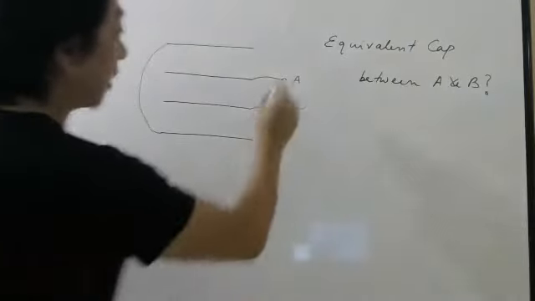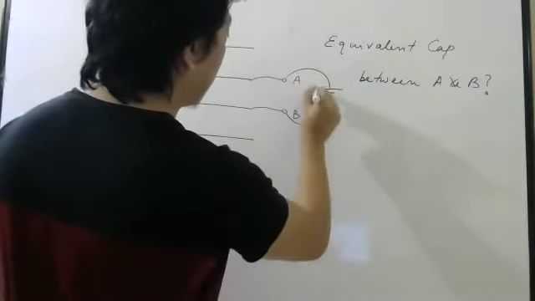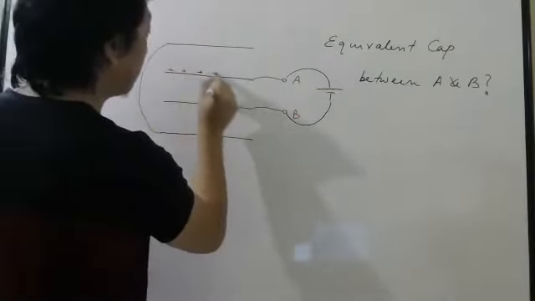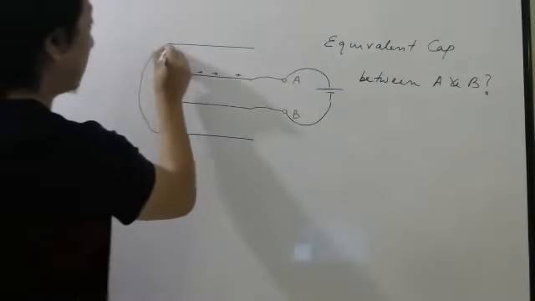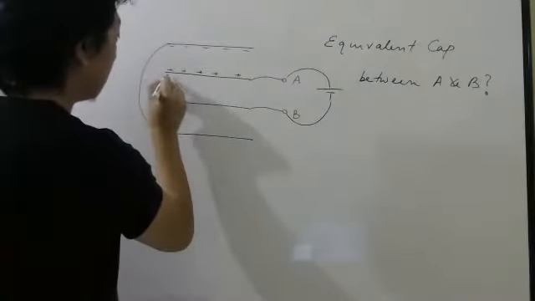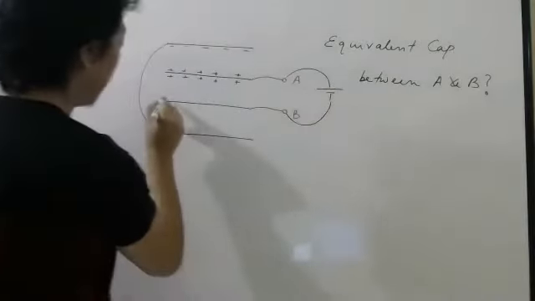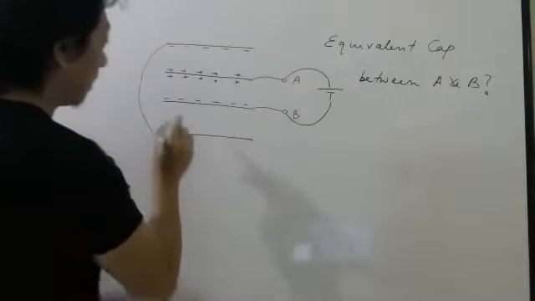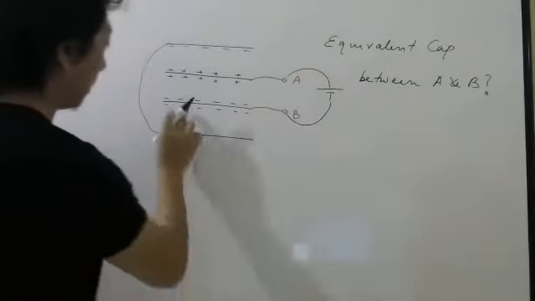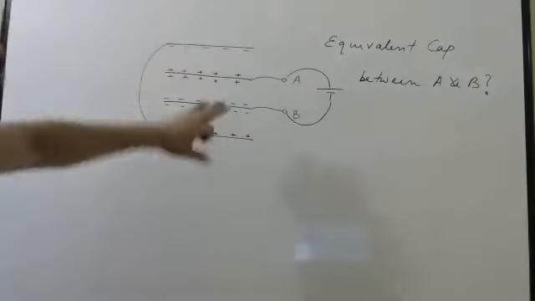So imagine if I connect a battery here, let us say like this. Then what will happen? This will become positively charged, right? And due to induction, this will become negatively charged, right? Similarly, this side will be positively charged, and this is connected to the negative terminal, so this will be negatively charged, and this will also be negatively charged because it is connected to the negative terminal, and due to induction, this will become positively charged. So this is how the charges will distribute.